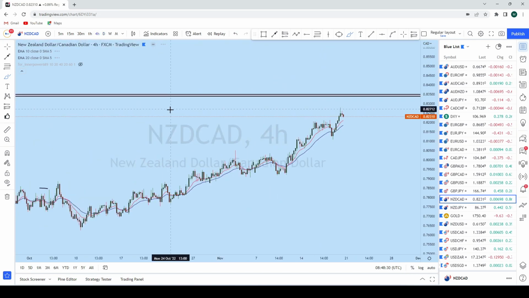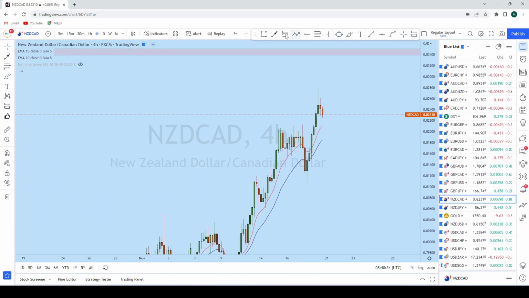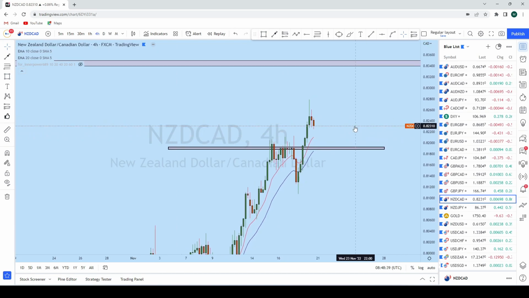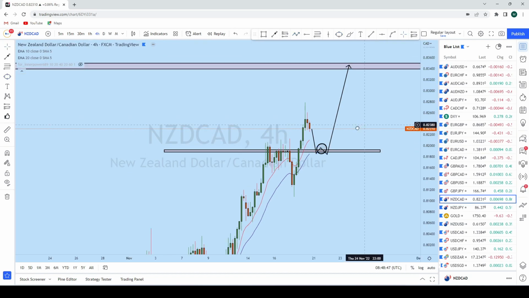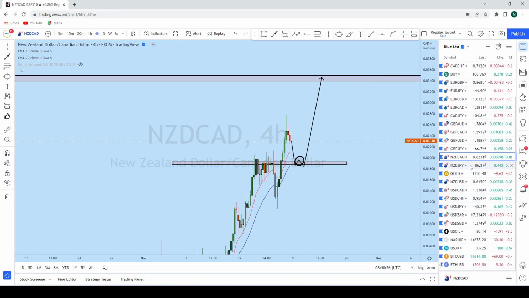If we look at the intraday perspective, we see that the previous resistance zone here, which has quite a few dojis and resistance, is turning support, and from this level we can expect NZDCAD to create bullish price action. So along those zones, as soon as we find a suitable entry opportunity, we'll consider going long on NZDCAD with a high probability trade setup with our students. Now let's look at